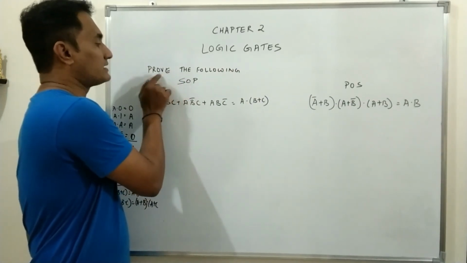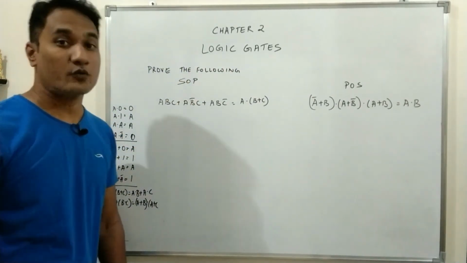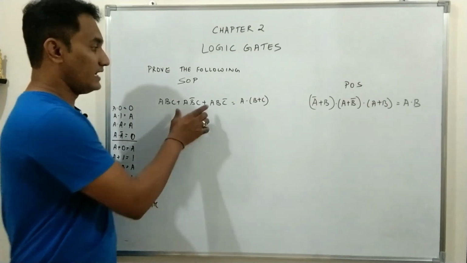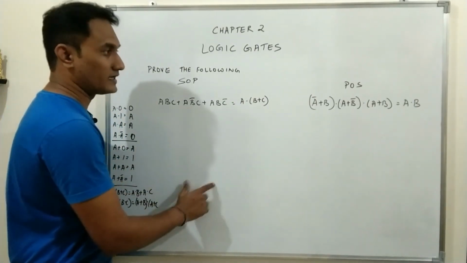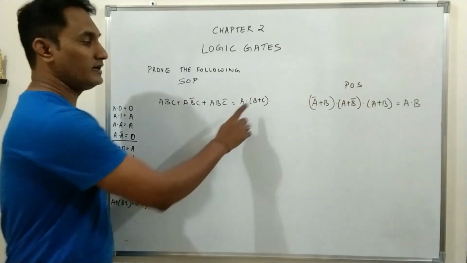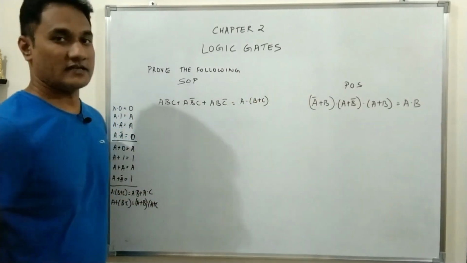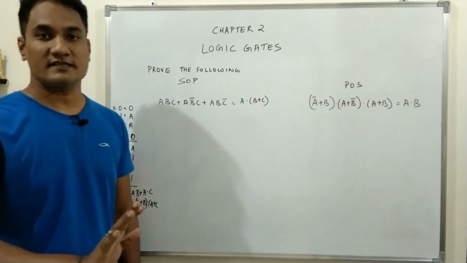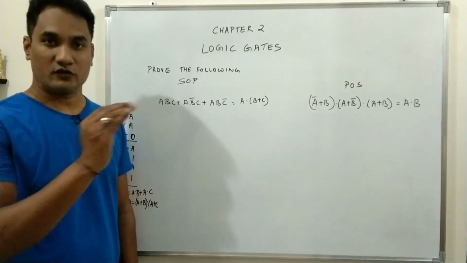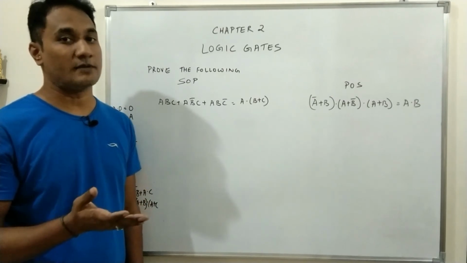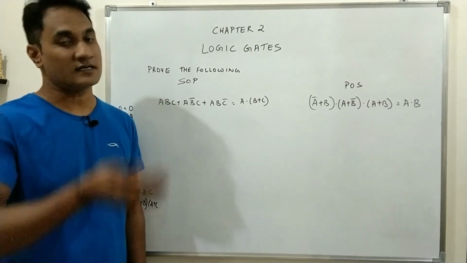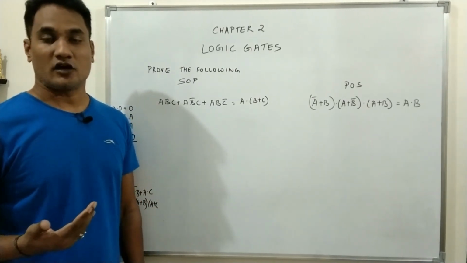As I have written, it is mentioned: prove the following. That means the left hand side and right hand side will be given to you. You have to solve the left hand side to get the right hand side, for both SOP as well as POS. The process remains exactly the same. You have to convert everything into SOP, take the common variable in the bracket, and eliminate terms using Boolean laws,